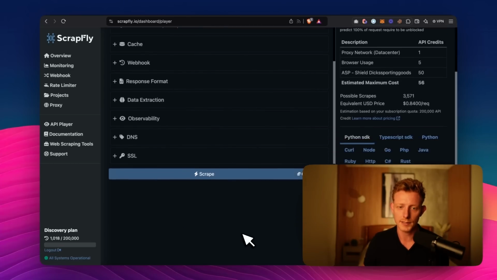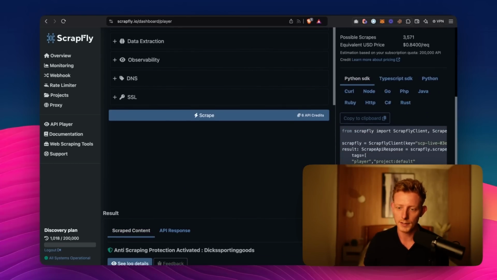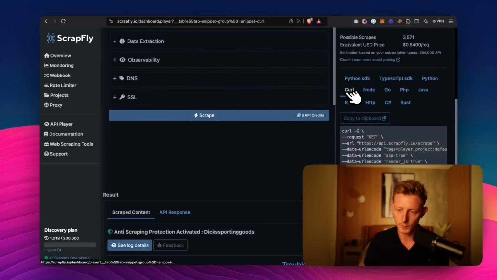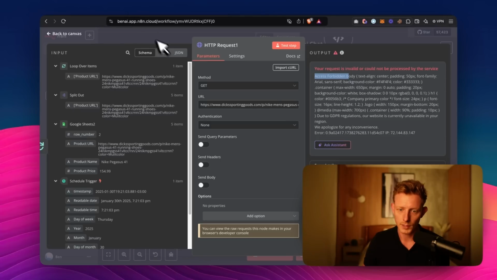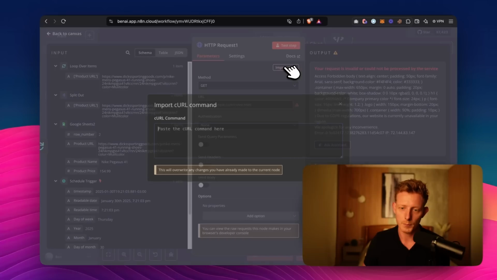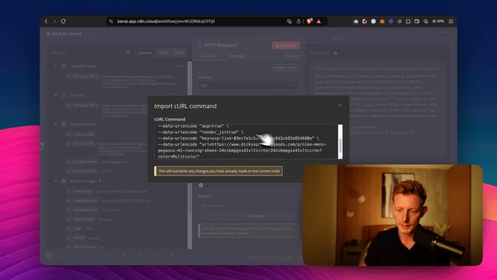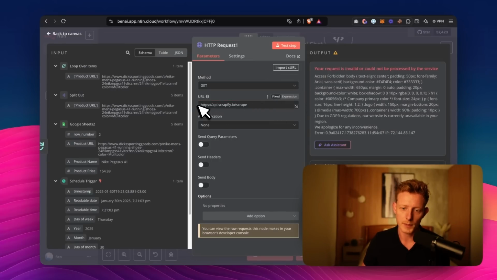Now, how do we set this up in N8N? We have to go here in curl, and we copy this to the clipboard. And then we're going to change this. We're going to import curl. We add this in, and you can see it automatically added in the URL. And now we have to